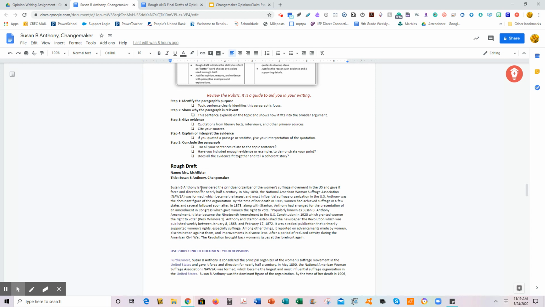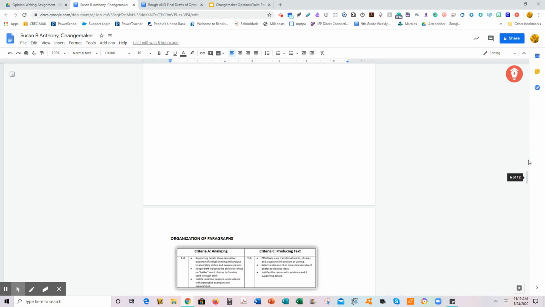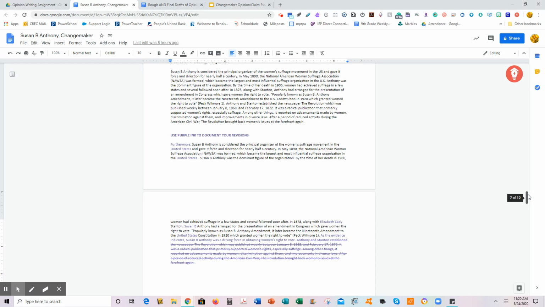Okay, now in here I have 3 pieces of evidence. I have a quote. If you had your reasons of evidence on your sticky note, this is when I would call it up and make sure it's here, or go to your rough draft and make sure your paragraph includes what you want it to. Okay, so now when I go down here, I want to show you how I revised and edited it